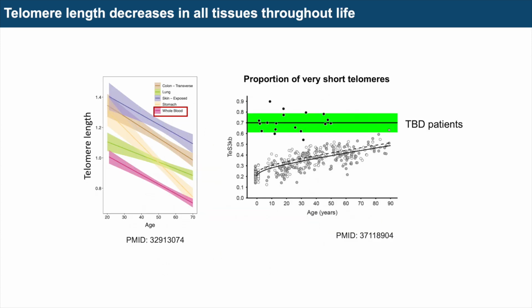And so I wanted to share just exactly how we think about telomere length in blood cells. And so this is an interesting study that was done a few years ago where they looked at patients of various ages from birth all the way until age 70 and beyond, and looked at telomere length in different tissues of the body. And it had been assumed for many years that telomere length across all tissues decreases steadily throughout life.